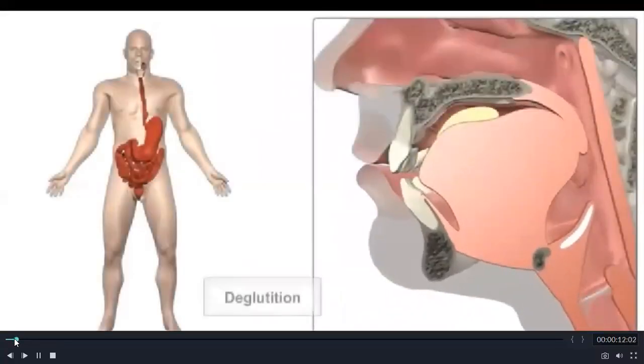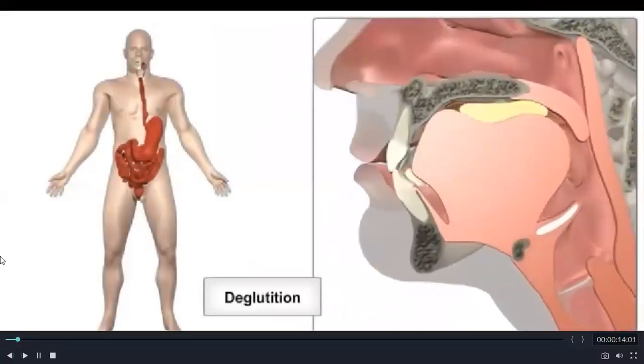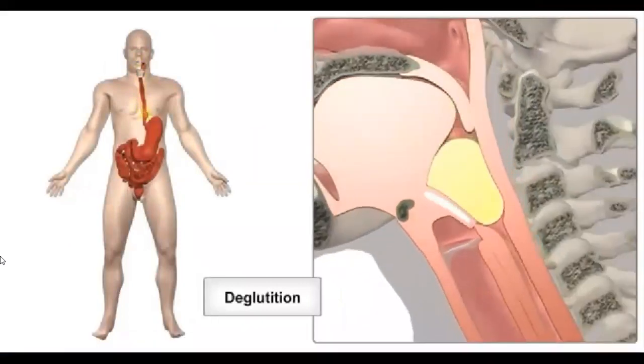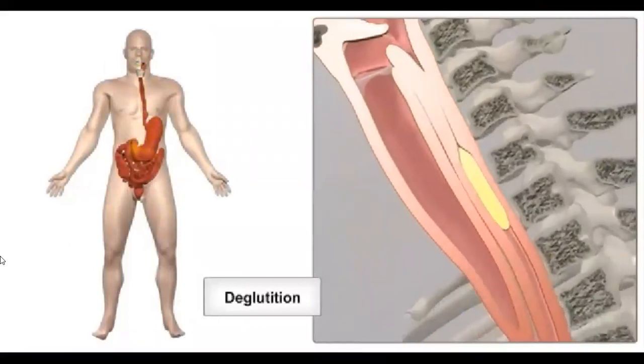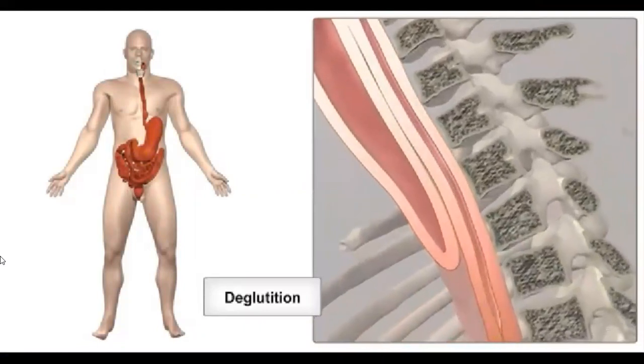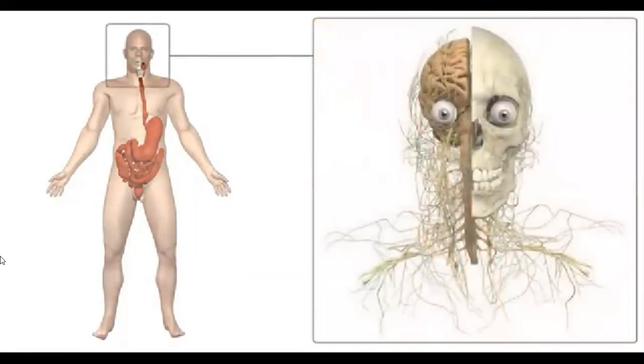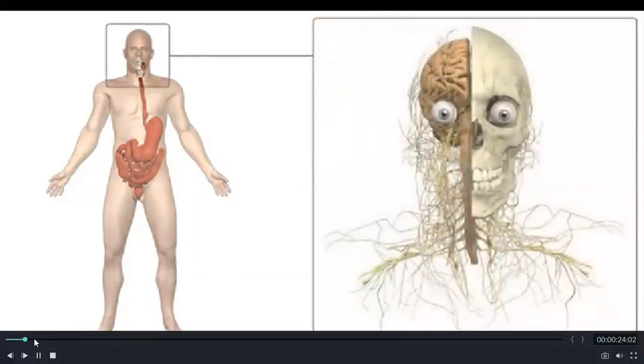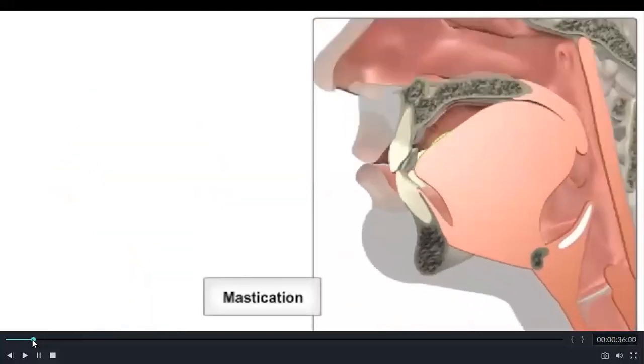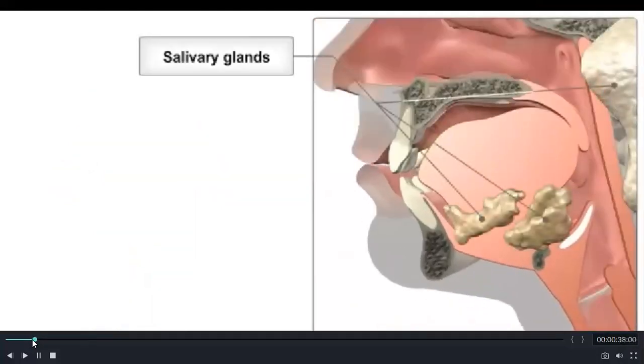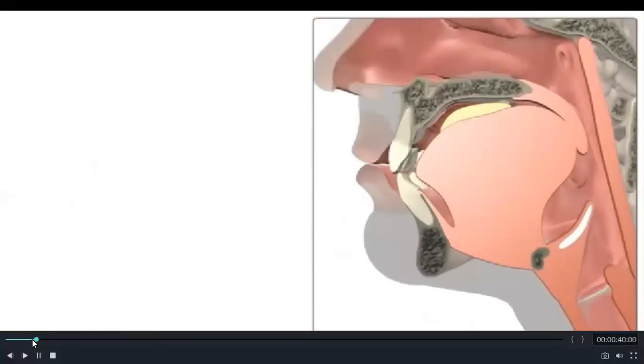Yes, see, this is how the swallowing reflex is there. See how he swallows and what deglutition is. Though it looks much more complex, it's simple, we will look at it in a detailed way. See, this is the phase where he actually masticates. And when he tries to swallow, what happens is that is the food that is present.